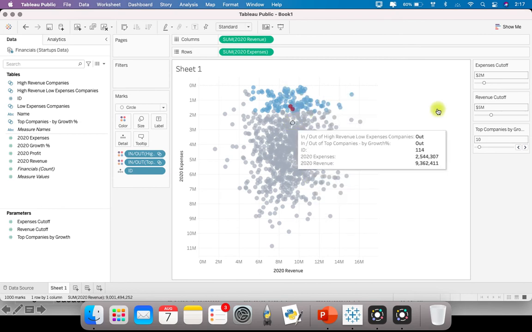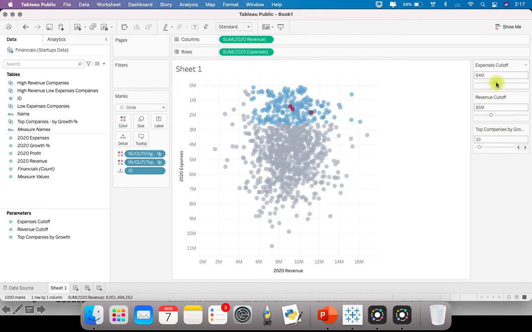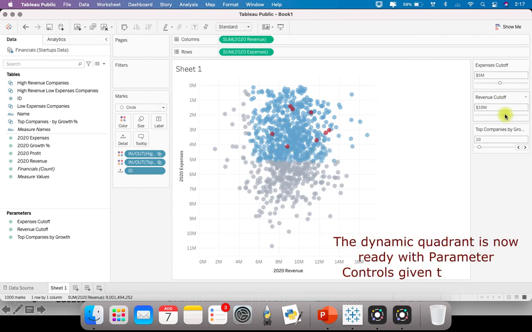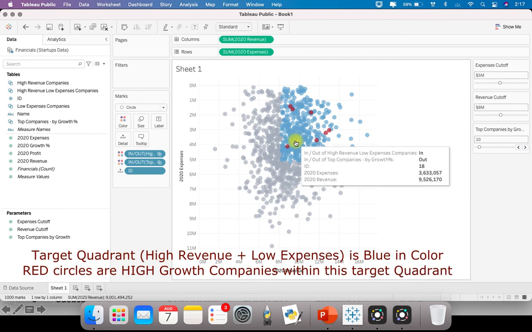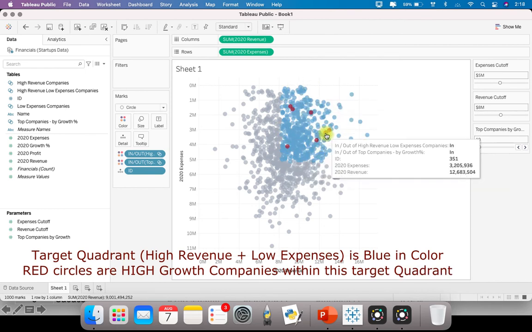And now you see a good looking quadrant here. If I play with this, you can see how the colors are changing, right? So if this is my target quadrant, which is the high revenue, low expenses quadrant, then this is that quadrant in blue. And within that blue quadrant, I am showing these red marks, right?